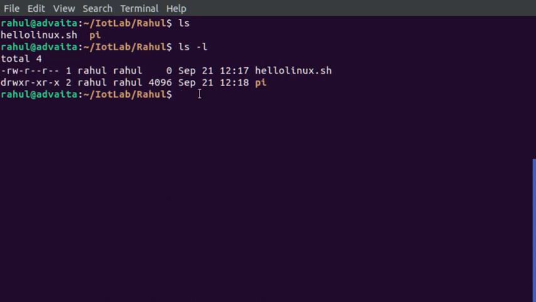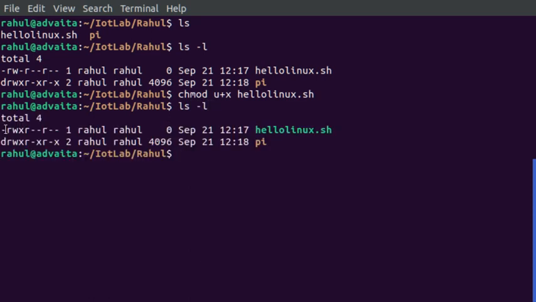To change the permission we use the chmod command. As a shortcut, if you want to change only the user permission, we use chmod u+x and the file name,